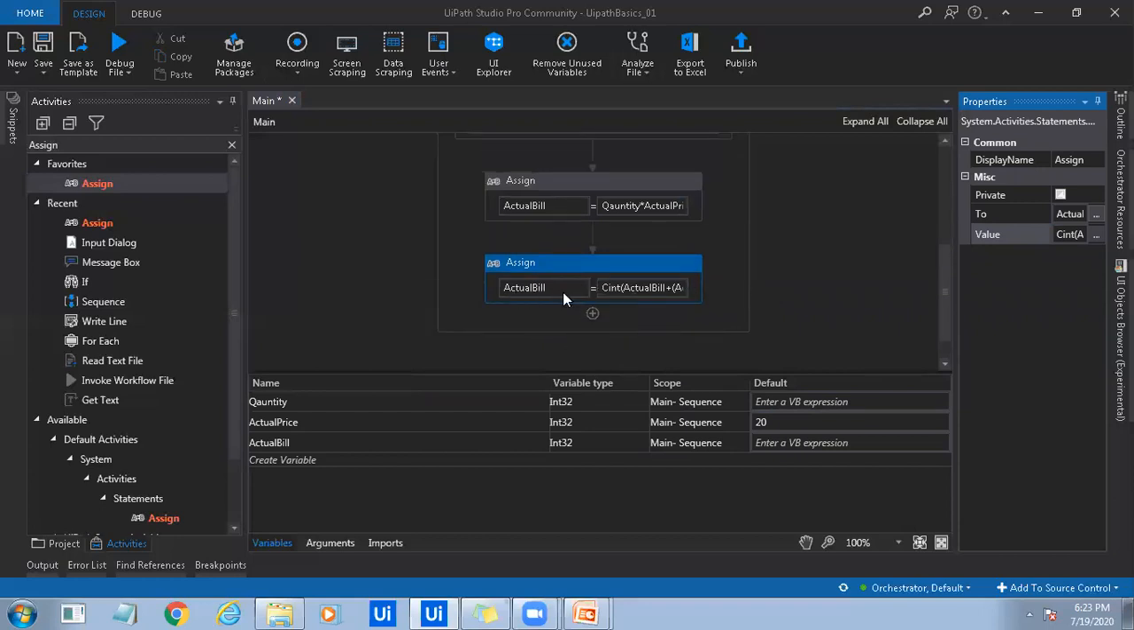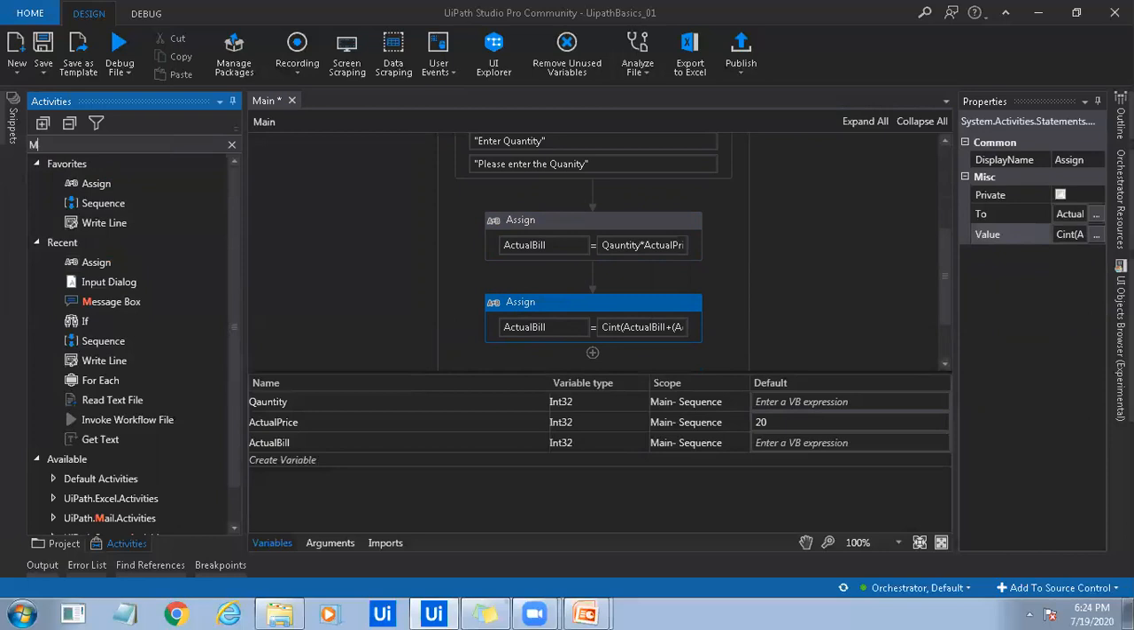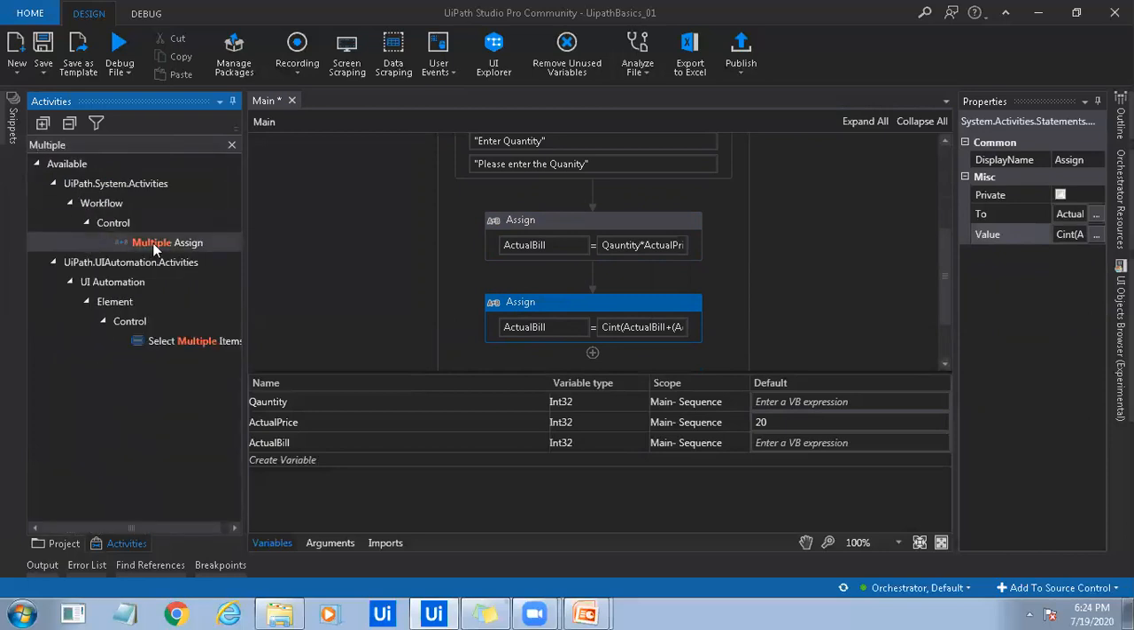So we have found out the actual bill, and then we can go ahead and give the discount for this particular customer. But before that, if the customer wants to see the total tax amount also, you need to have another Assign. So like that you will have multiple Assigns. So instead of having multiple Assigns on the design canvas, you can use the Multiple Assign activity. Let me type in multiple. You'll get Multiple Assign,